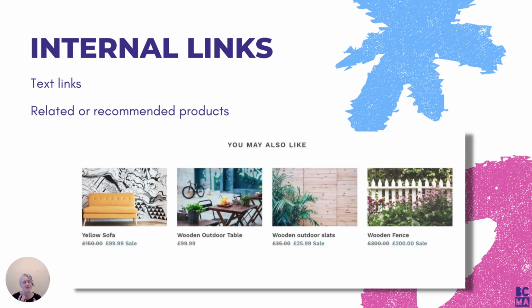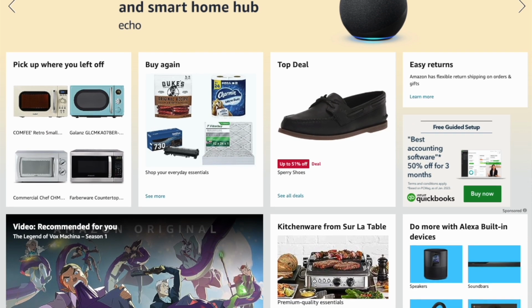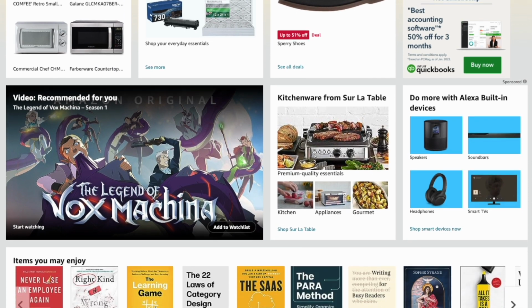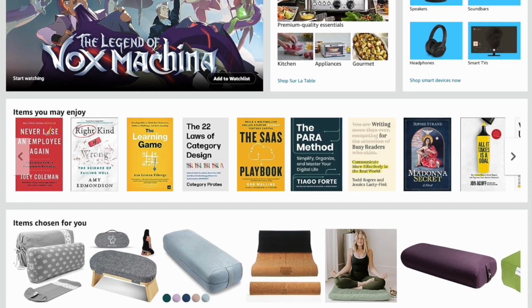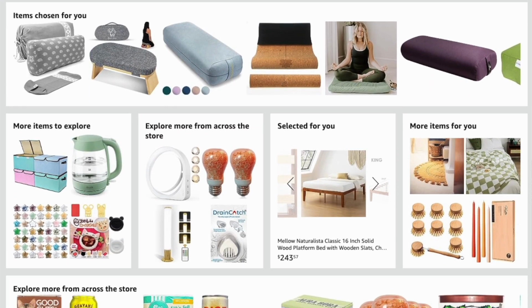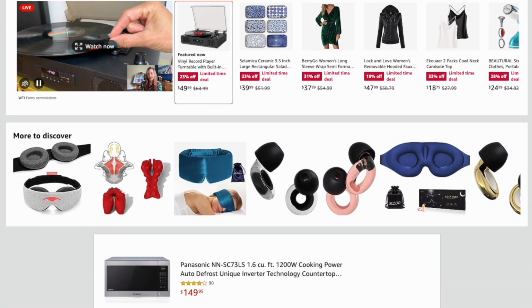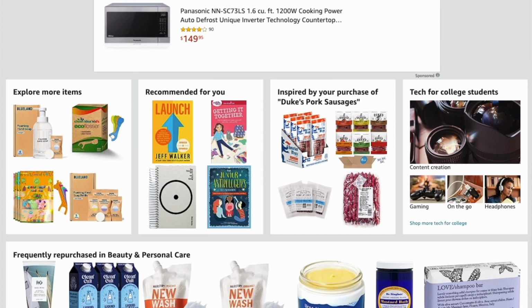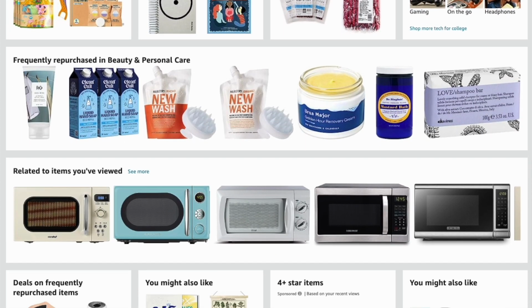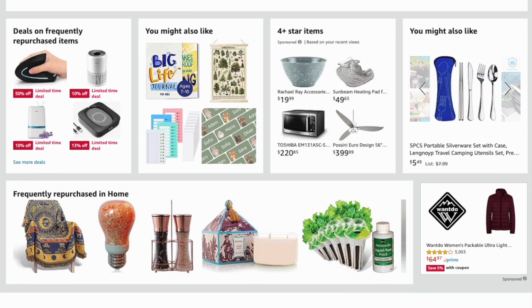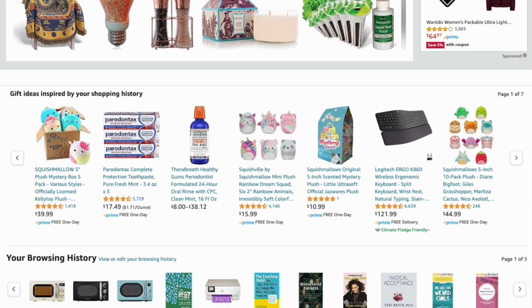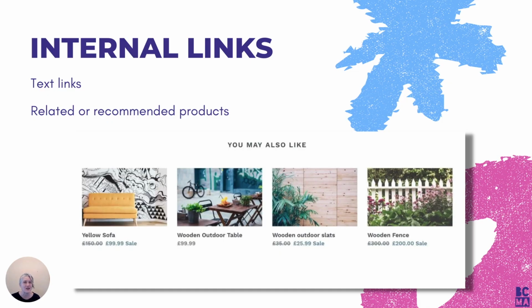You've probably seen this. A really good example of how this might function is on Amazon. If you are ever on a specific Amazon page, just looking at one product, they're always going to have those, people also bought this, people bought these things together. Those are what we call cross sells and upsells. But when it comes to links, those do function as links. So the cross sells and the upsells have multiple functions. They help you potentially make more money, make more sales, up your average order value, but they also serve as links.